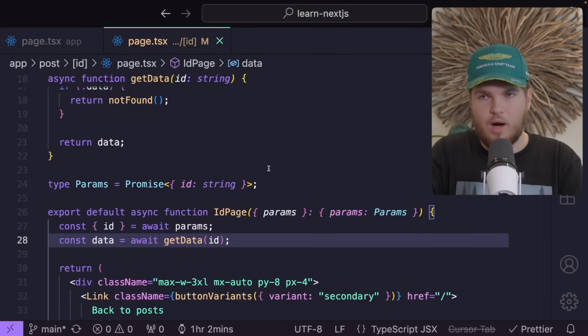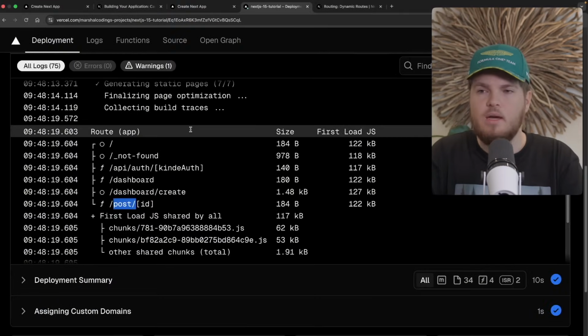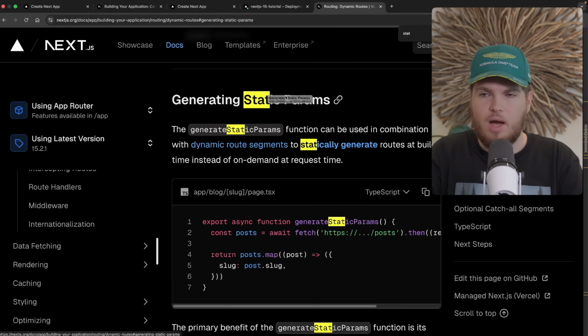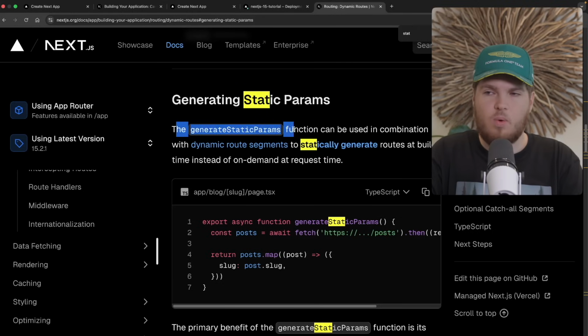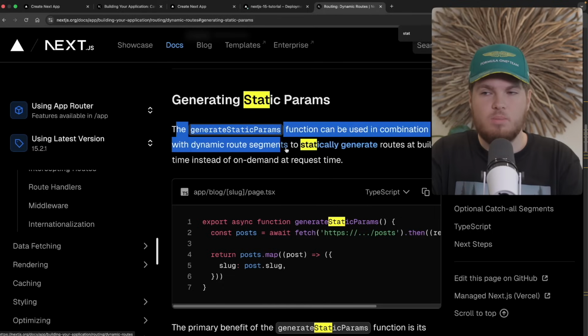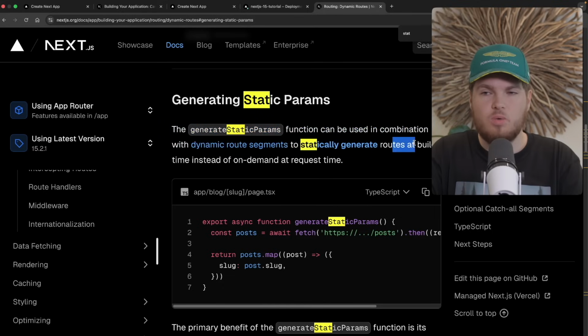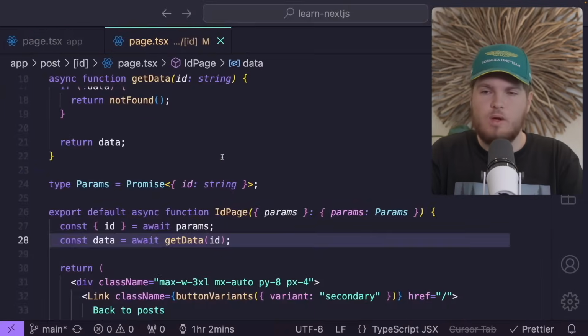So to allow your ID route to be rendered statically, you have to generate static params. So the generate static params function can be used in combination with dynamic route segments to statically generate routes at build time instead of on-demand request time. So if I would now